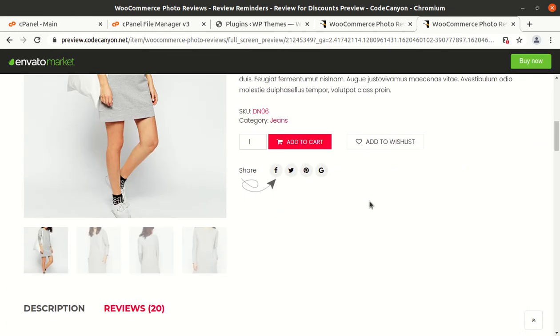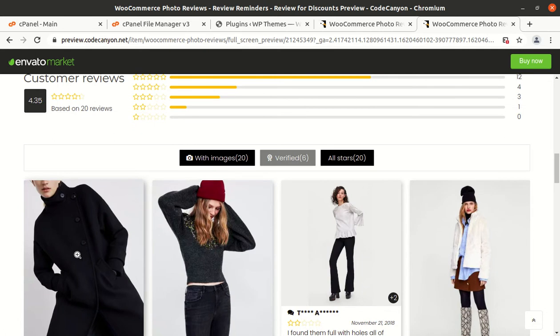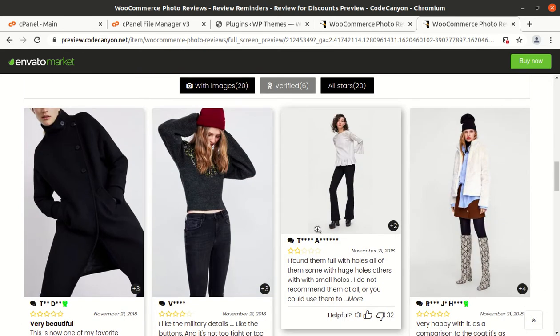And in this video I have a great plugin. This is for a photo reviewing system on the WooCommerce website. Of course, it is for WordPress based WooCommerce websites only, and it can be used on a WordPress website having WooCommerce facility. It is in fact an add-on for WooCommerce, and it is a great plugin for reviews and all such things.